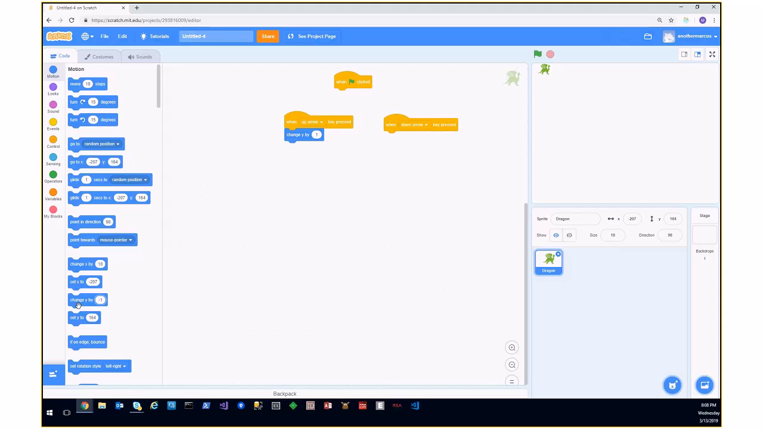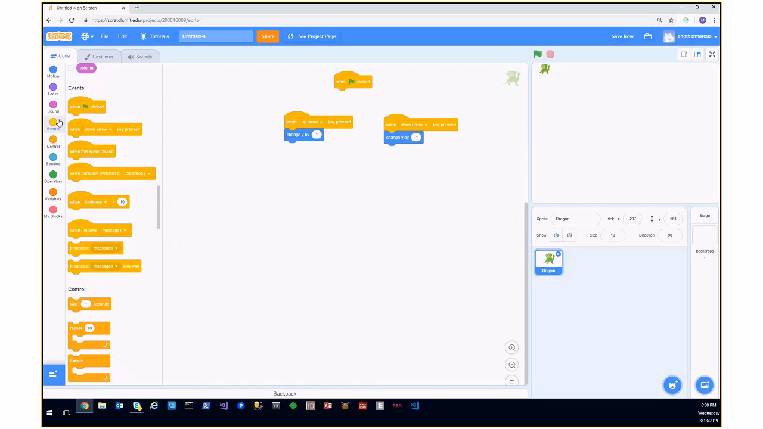And then I change the y-axis by -1 because down is minus and up is plus, and right is plus and left is minus. I choose the event,